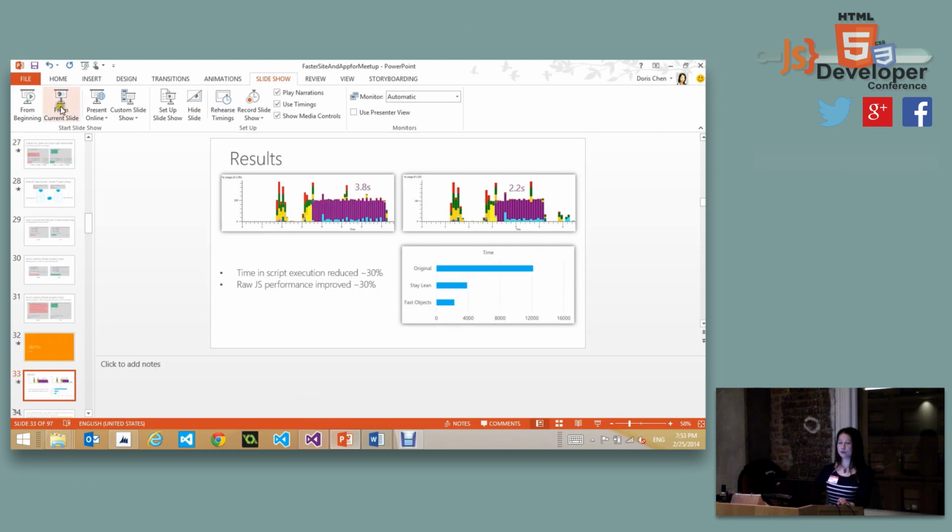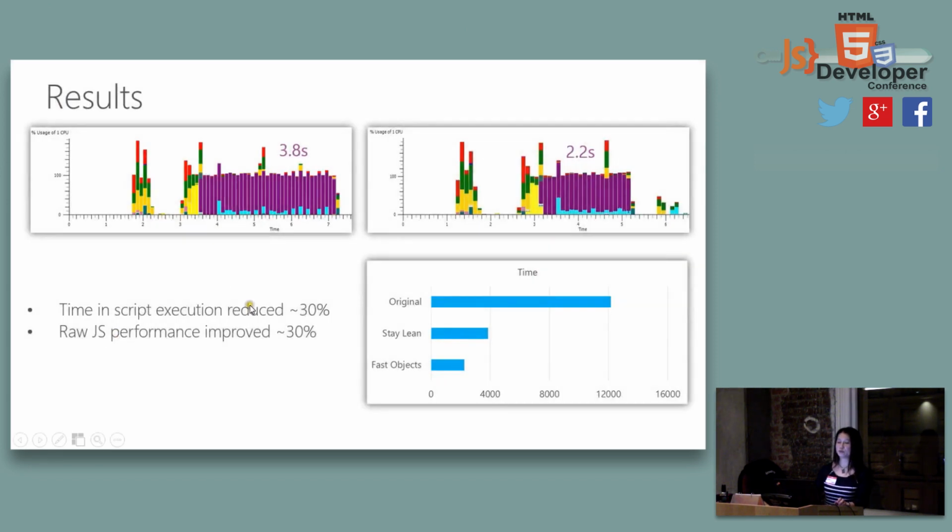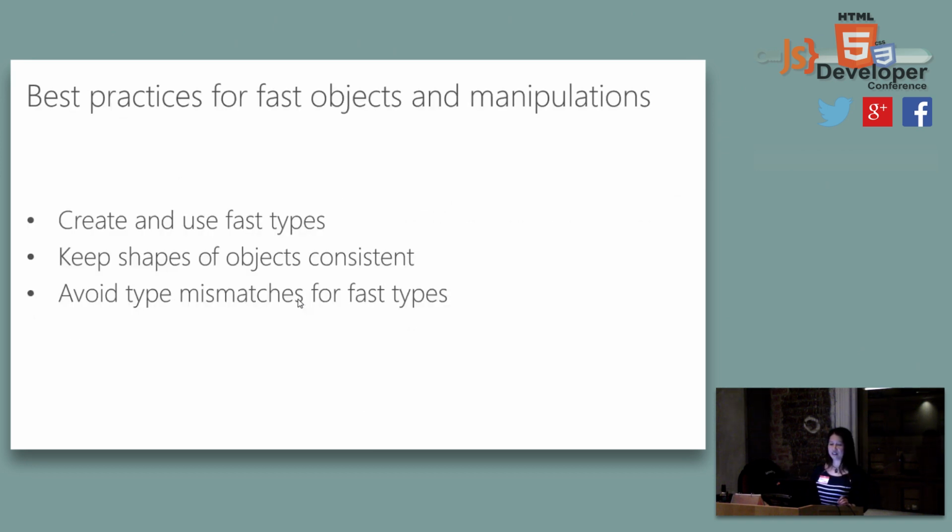So this is another set of results from the performance data. So the JavaScript execution by changing all the different player in this particular case is from 3.8 seconds to 2.2 seconds. So in other words, I saved the JavaScript execution time by 30%. So which gives you another improvement for the performance by 30%. So that's really not that bad, right? Just by changing this particular object creation to do that. And obviously your mileage might be different.